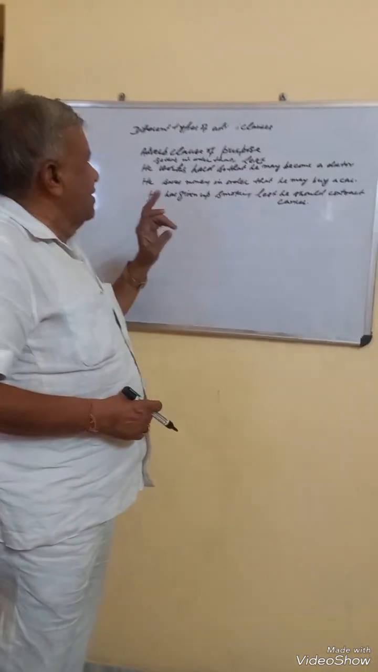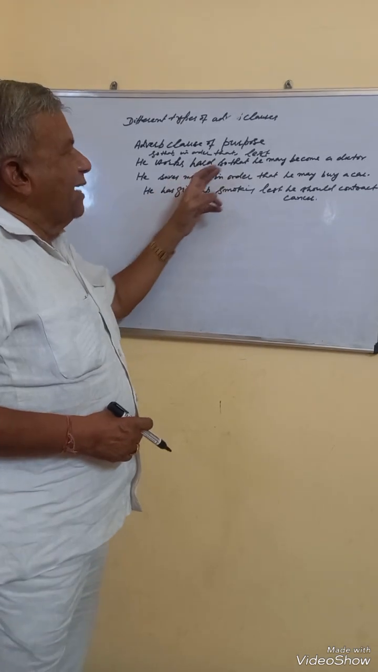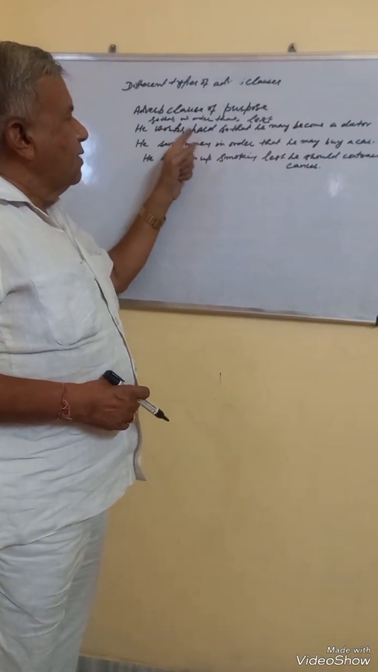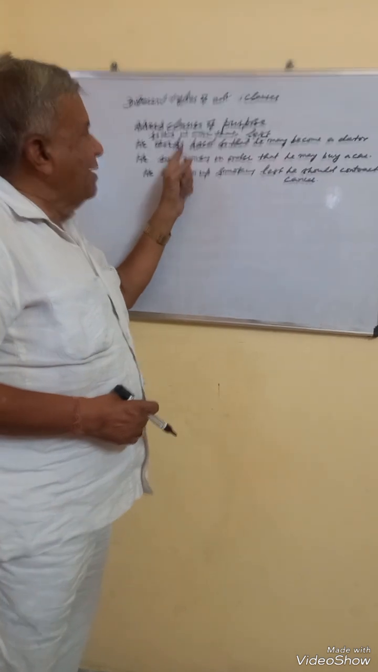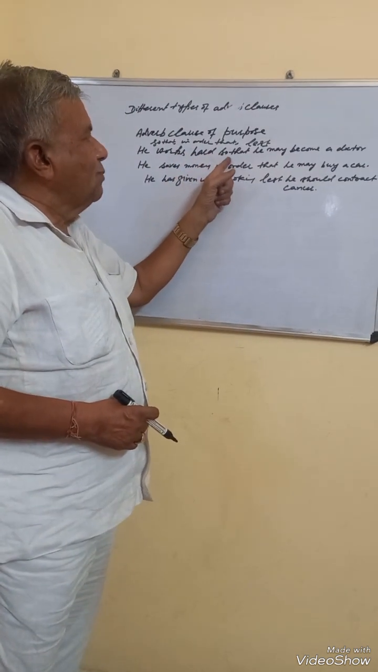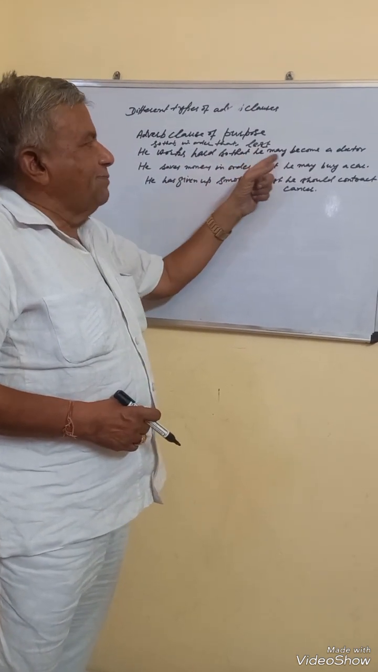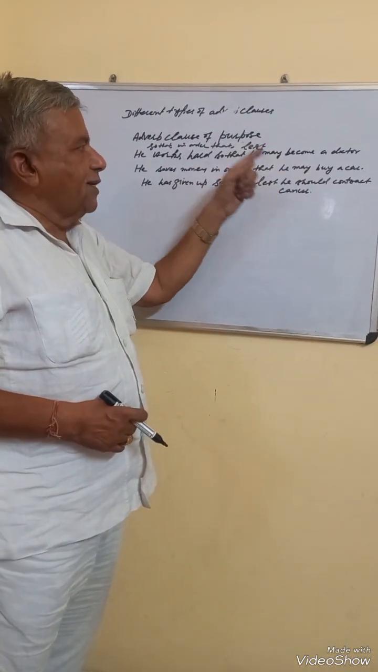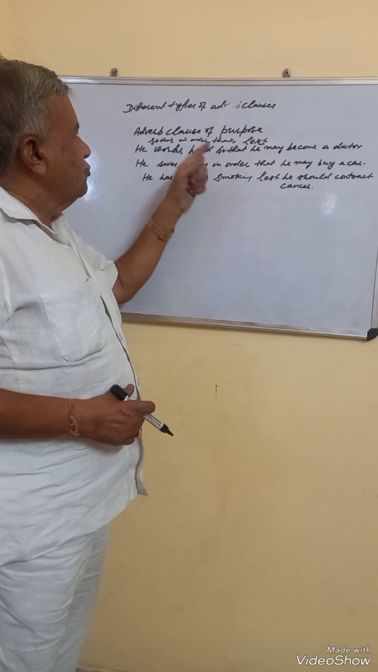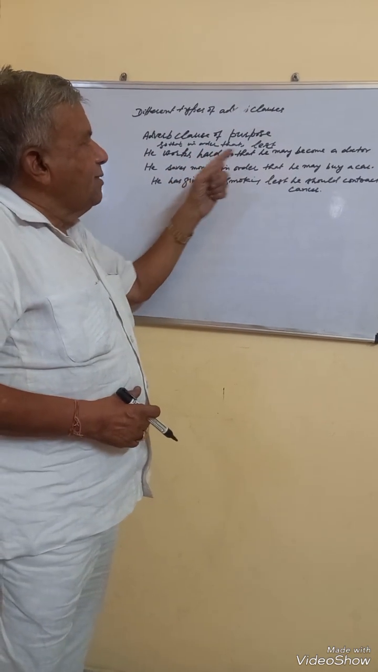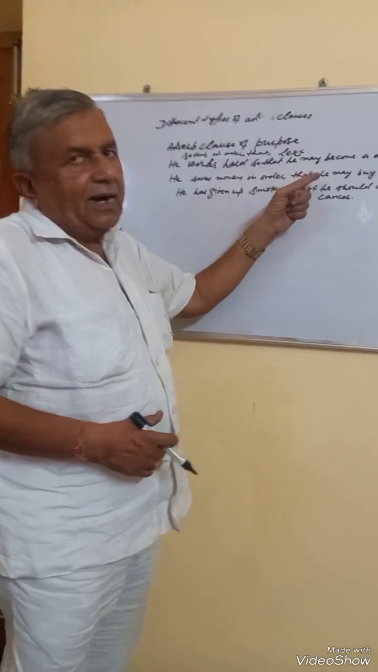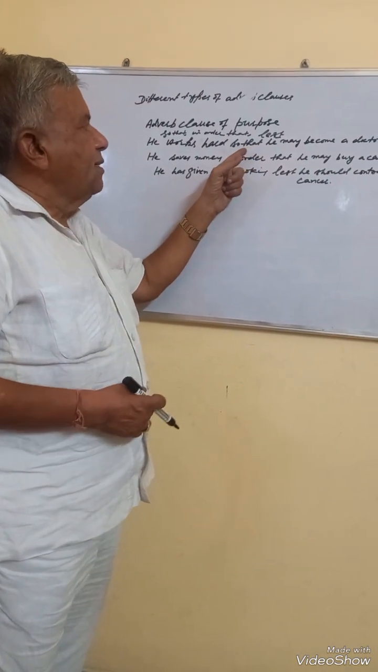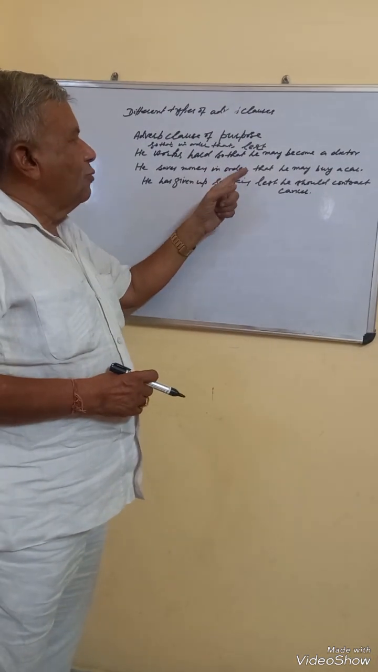In the given sentence, he works hard so that he may become a doctor. Why is he working hard? What is the purpose behind it? That purpose is shown by the subordinate clause so that he may become a doctor. So that he may become a doctor is a subordinate clause to the main clause he works hard, showing the purpose of working hard. So in this way we can explain the purpose by using so that, in order that,